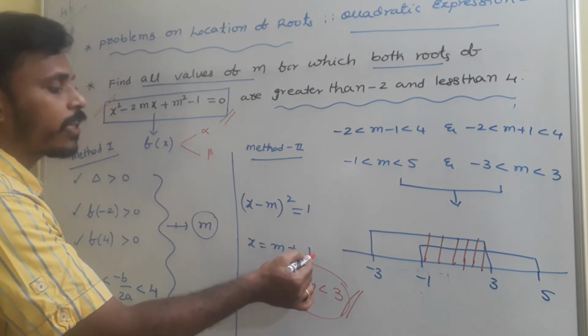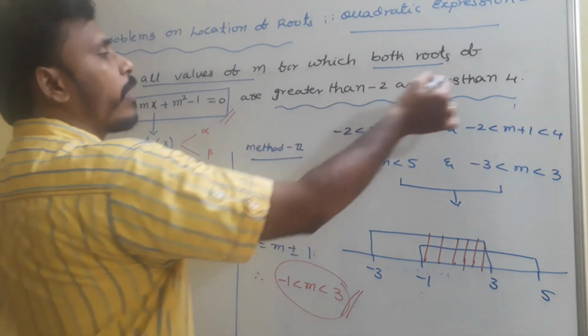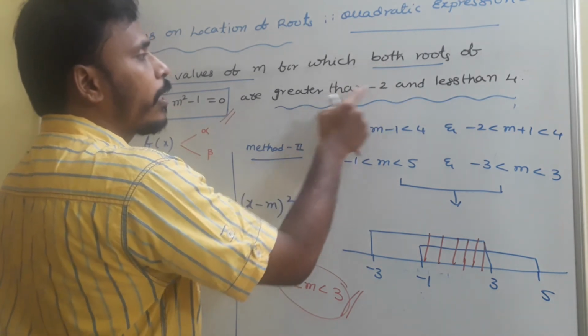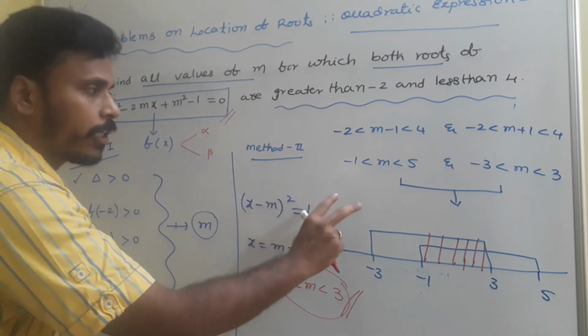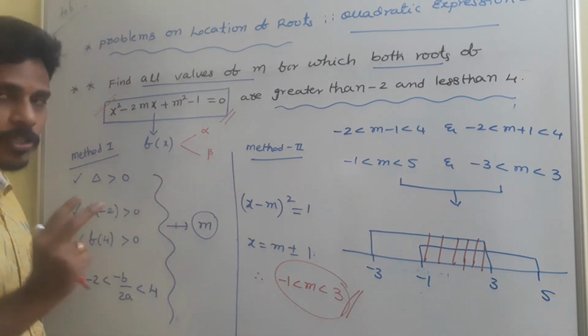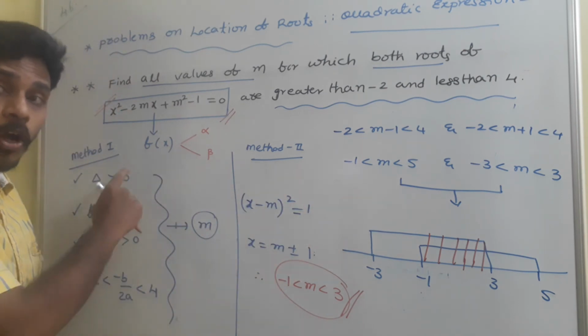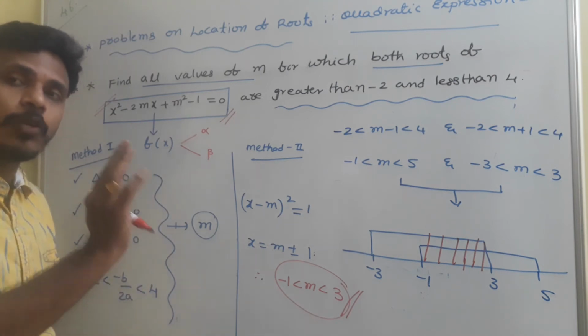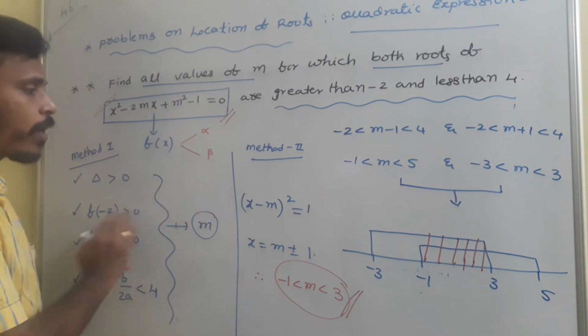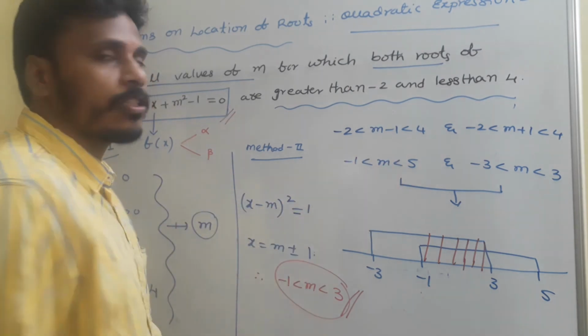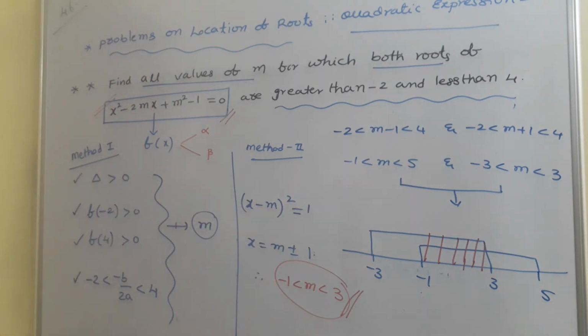And that's why we have a chance to find the roots. And after finding the roots in terms of m, you just apply this particular condition, both in between minus 2 and 4. Solve it, you will get the values of m. This is method 2 without applying these conditions. If you apply all these conditions and solve all this, again you will get the same answer, but it becomes somewhat lengthy, and that's why I left it over and I solved it using this method too. Have a look.